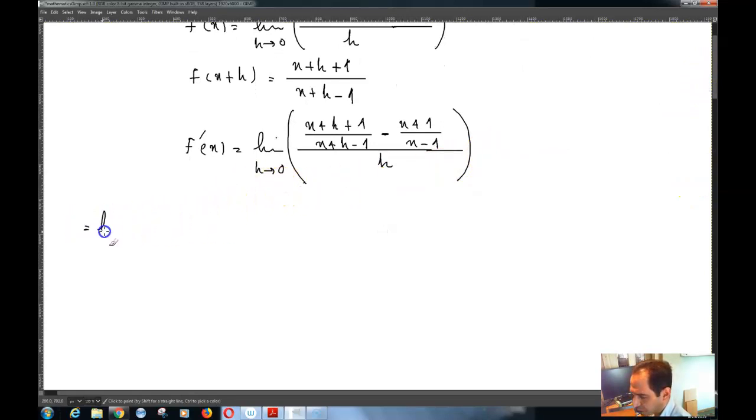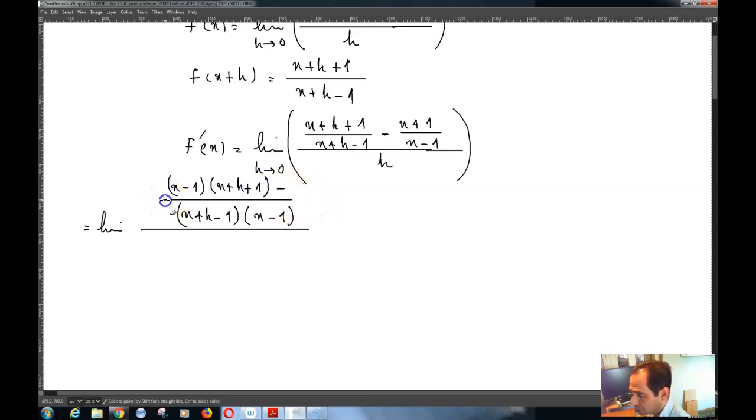So I can write this as the limit of, basically take the LCM here, x plus h minus 1 times x minus 1, and then if you divide you will get here x minus 1 times x plus h plus 1, minus, and if you divide here you will get x plus h minus 1 times x plus 1, divided by h as h tends to 0,